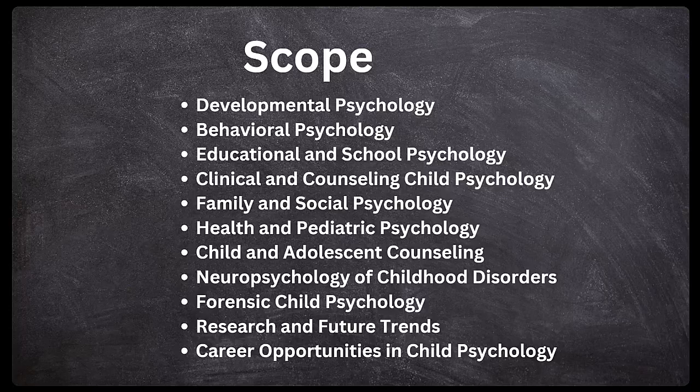Here child psychology बहुत मैटर करती है। वहां पर आप न्यूरोसाइकोलॉजिस्ट के साथ या न्यूरोसाइकेट्रिस्ट के साथ वर्क कर सकते हो आप for the counseling of children. Now forensic child psychology. What is this? Forensic में child कैसे आ गया? Here it applies psychological principles in legal settings involving children such as child custody cases, abuse investigations, juvenile issues.